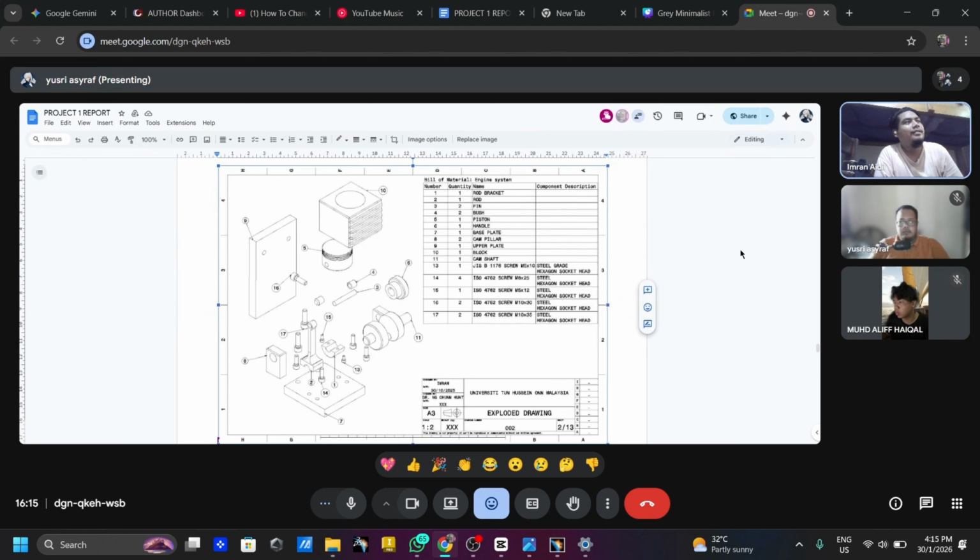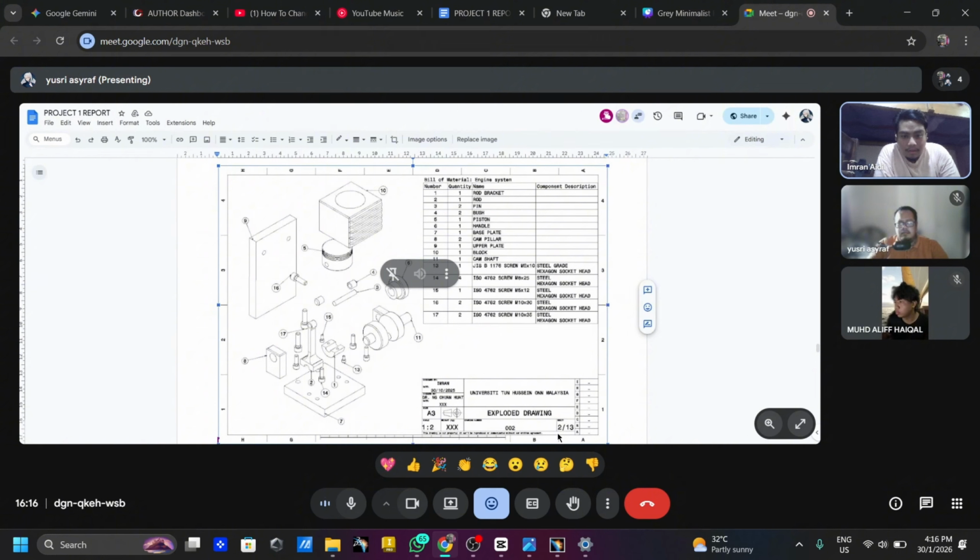So for the exploded view drawing, we are producing the BOM, bill of material, on the top right side of the drawing. The bill of material includes the part number, part name, and function of the part.